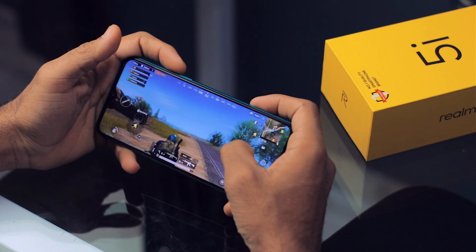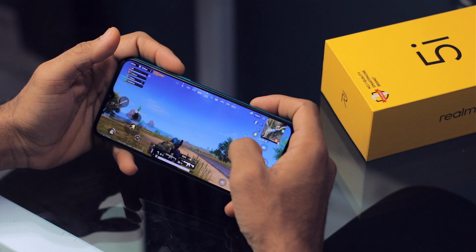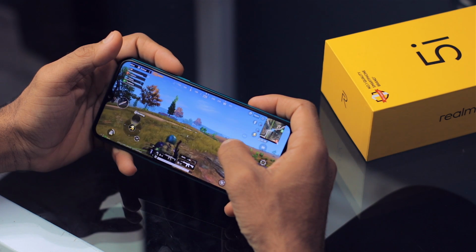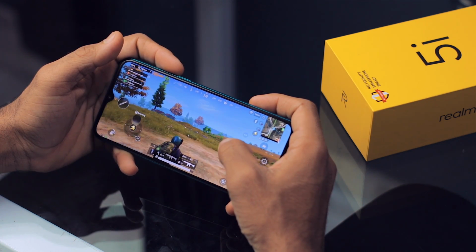Well, guys, the performance is just incredible as of now. So if you want to take advantage of your smartphone and utilize its total performance, definitely use that Gfx tool. But let me warn you, it will definitely degrade the component quality and the life of the components